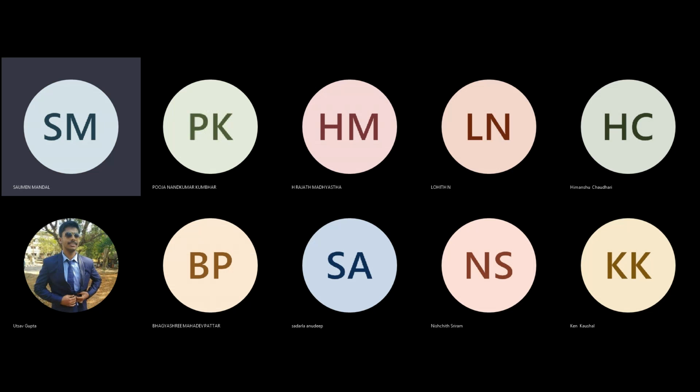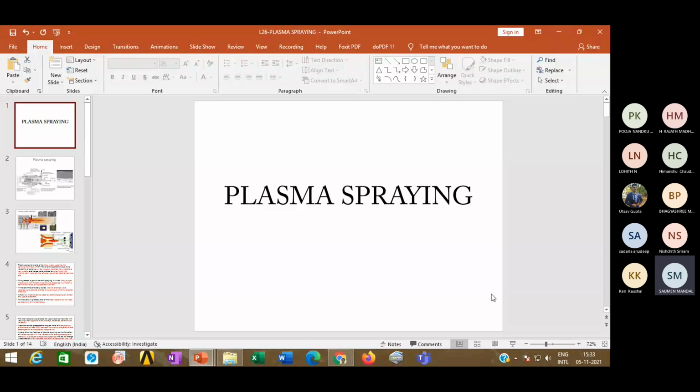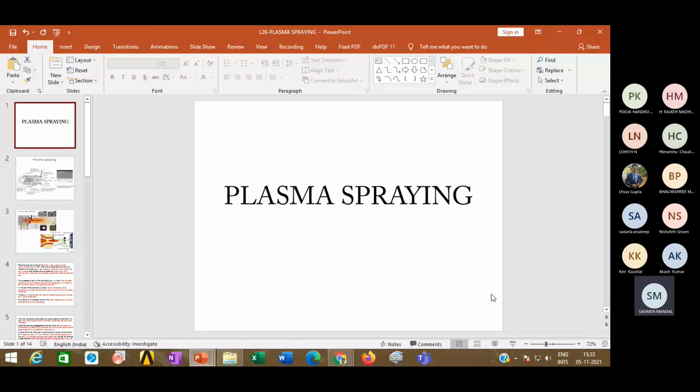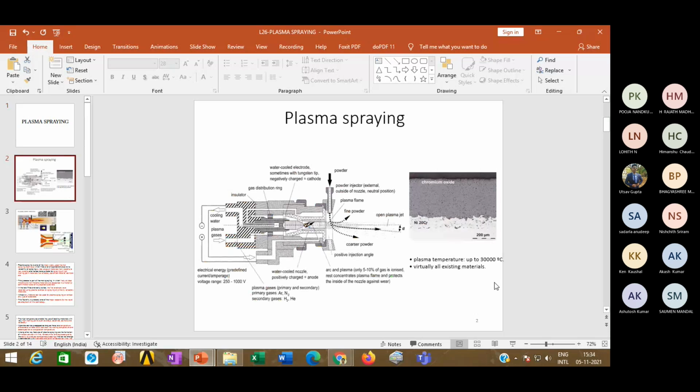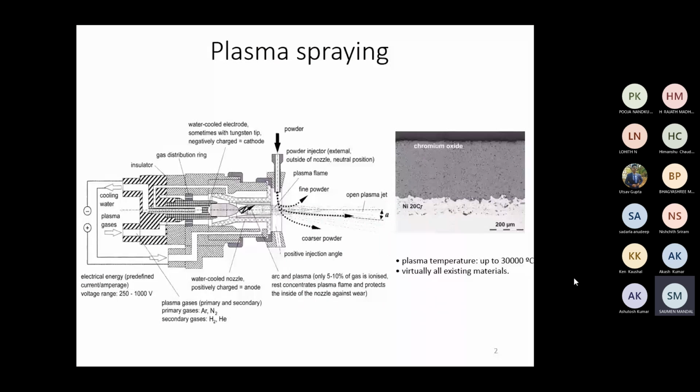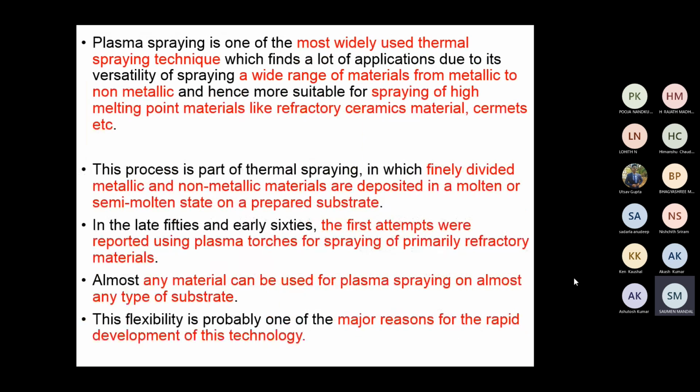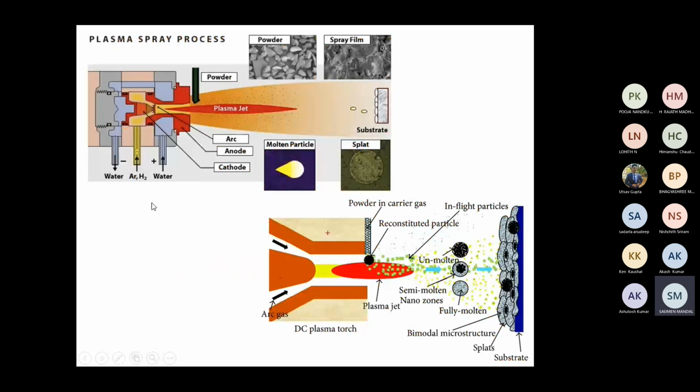Brief, they are actually explained. So I request you to go through, because these are very important parts. Actually, you'll be knowing what the different thermal spraying processes are. Plasma spray is the most popular among all thermal spray processes. Last class I already discussed it, so here once again, the plasma spray process.